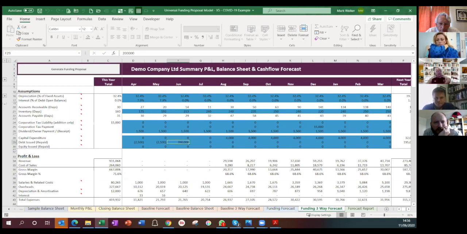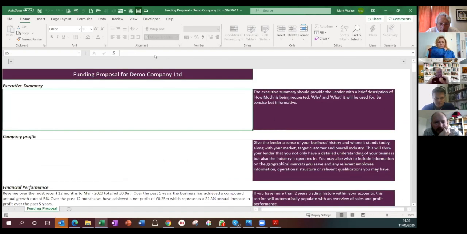When you open that document up, it will look like the screen in front of you. So I'll just show you how this prints out, because you've got lots of sections in this report. Everything that can be pre-populated is already pre-populated, i.e. anything numerical. So all of the numbers, all of the graphs, everything like that has been pulled through from your model. There is a little bit left for you to do though, because what lenders do, they don't just look at your numbers,